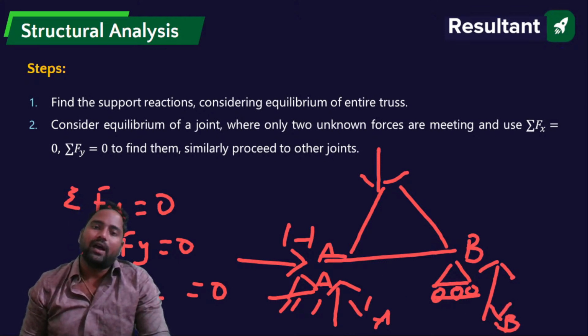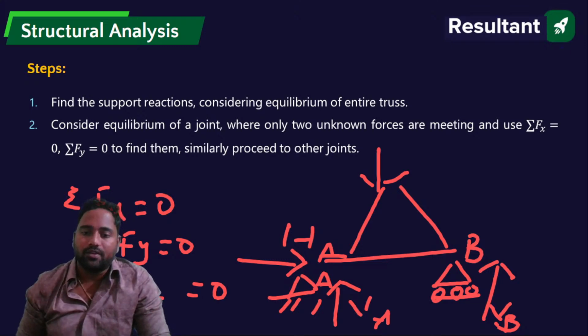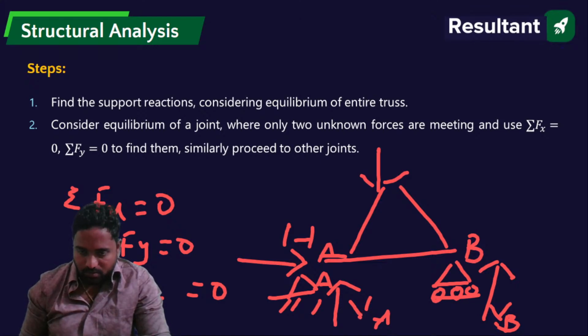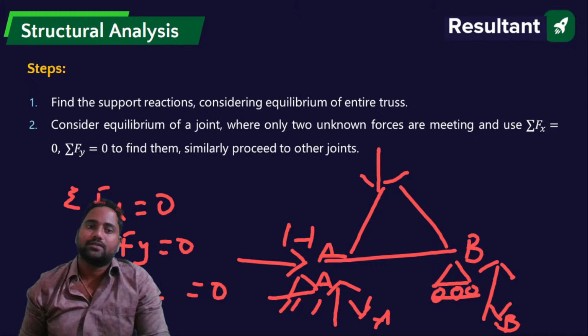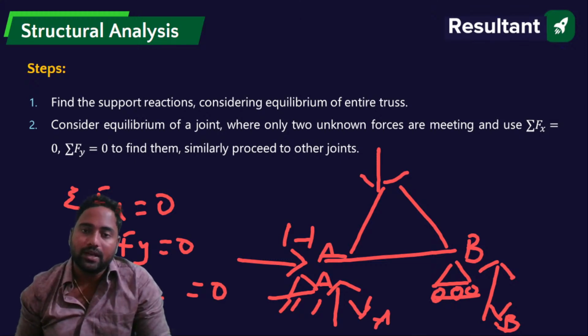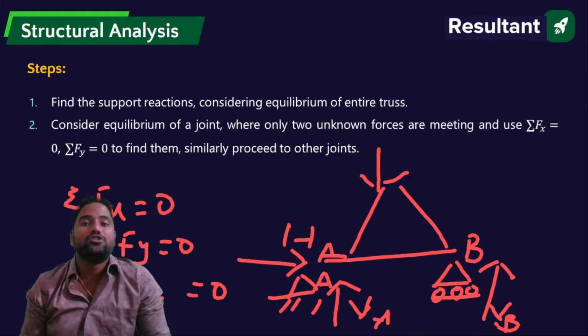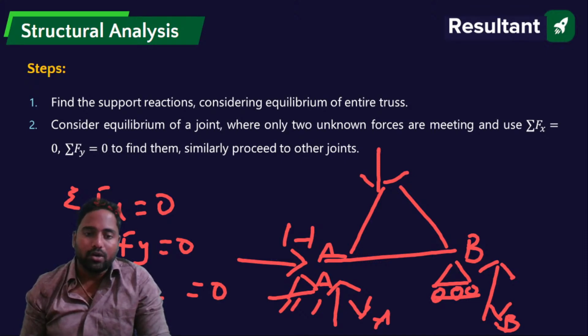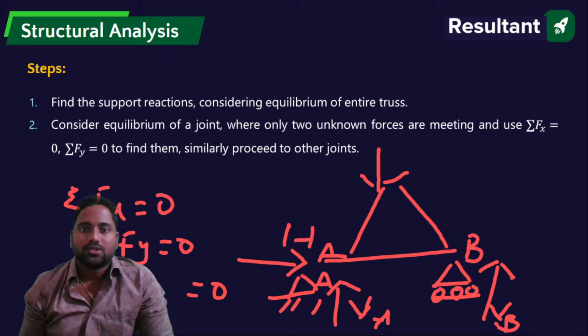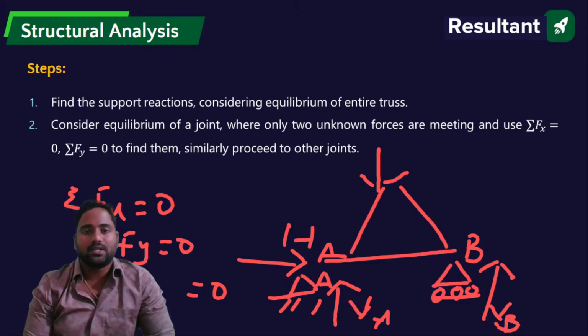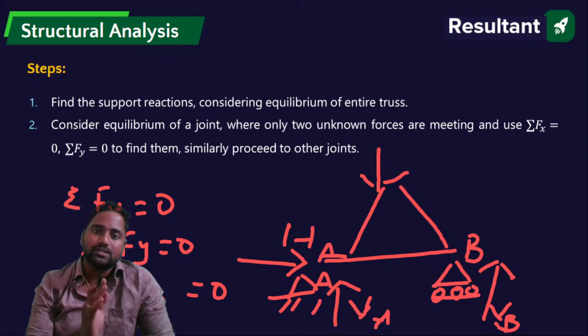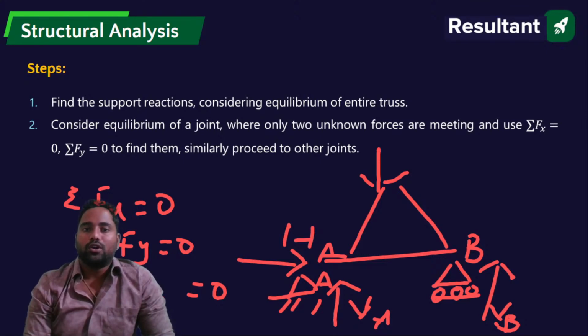Okay, so I'll try to find out VA, HA, VB by using these three equations. Here I'm using the whole truss. Am I clear? I'm not taking any single joint. I'm using the whole truss, the equilibrium of the whole truss, to find out the